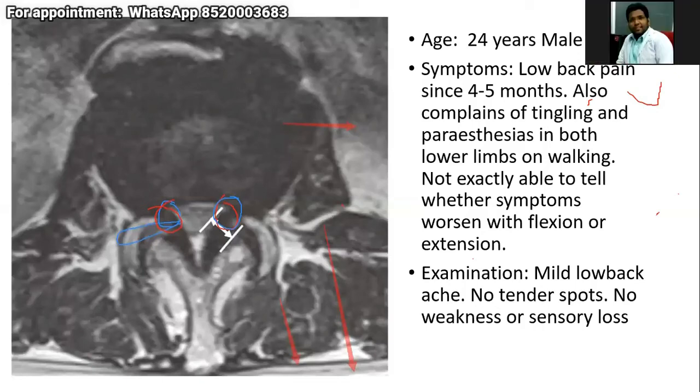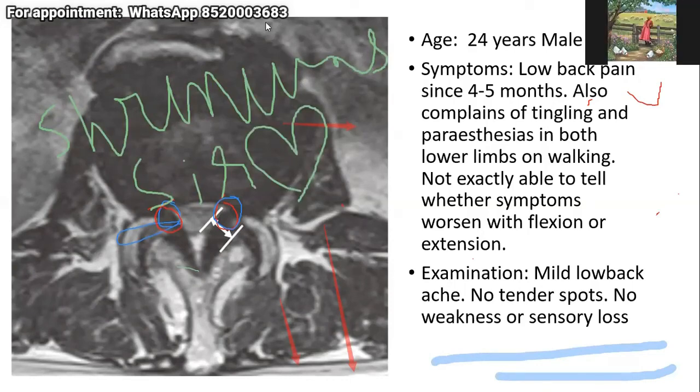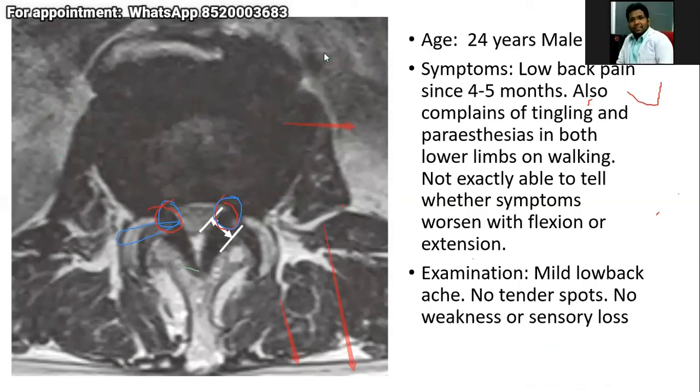So, one piece of advice to the junior physios: whenever you are documenting, whenever you are giving the William flexion exercises or McKenzie exercises, please do, as Fatima has rightly pointed out, grade 1, grade 2. And whenever you are going for those Superman exercises where you do contralateral limb raises, please document it so that they have a clear understanding of what kind of exercises we are doing. That communication is very important. So if you could draw a stick diagram or any proper documentation, that would also give good communication between the neurosurgeon as well as the physiotherapist.